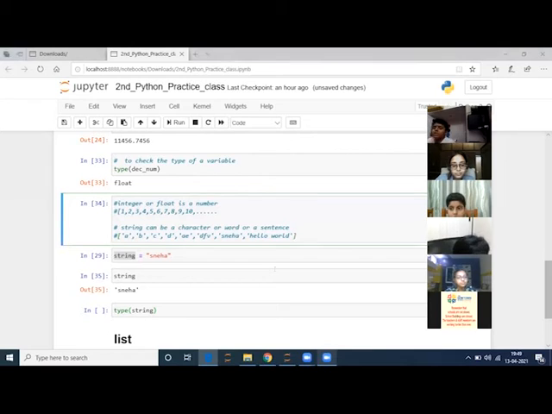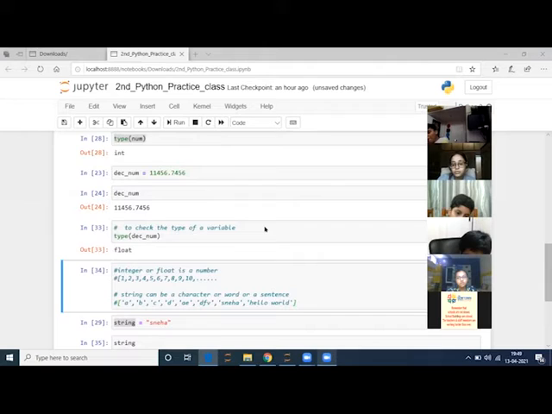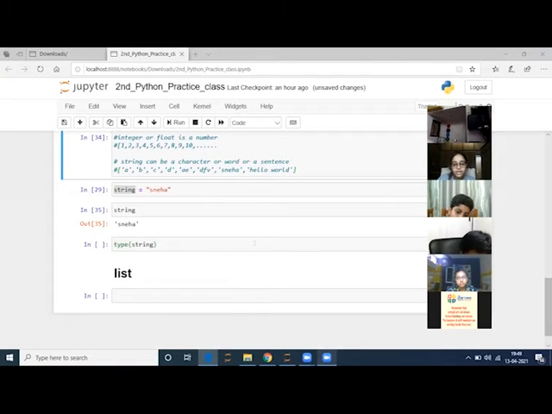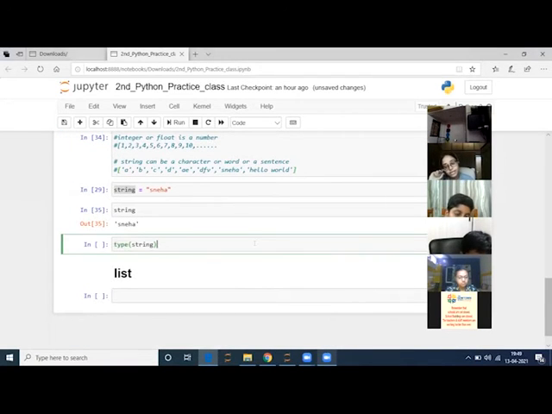Ma'am, are we supposed to copy this? No, you're not supposed to copy this. I will share this notebook with you, but you can if you want to. Ma'am, I'm just doing it for my reference, so is it okay? Yes, of course, that is also fine. That is up to you. I will share this notebook with you, and you will practice at home. So those things we will do. See, so yeah, now Lakshi, what were you saying?